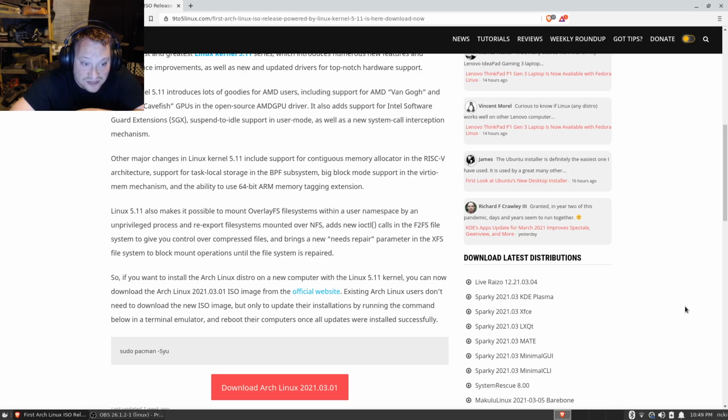Linux 5.11 also makes it possible to mount overlay FS file systems within a user namespace by an unprivileged process, and re-export file systems mounted over NFS, adds new